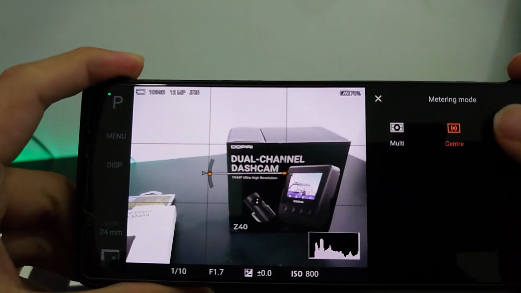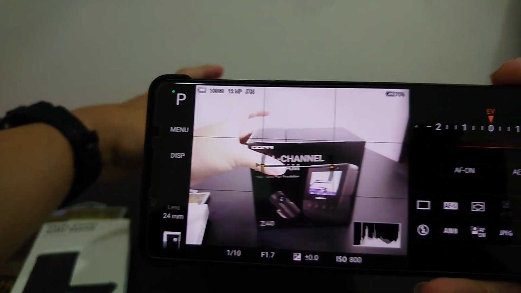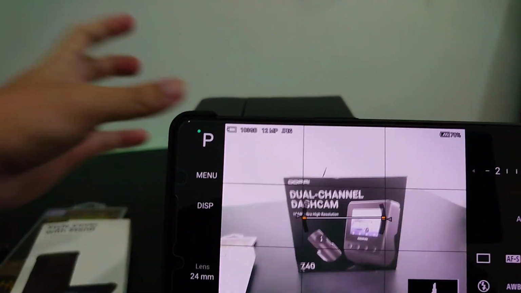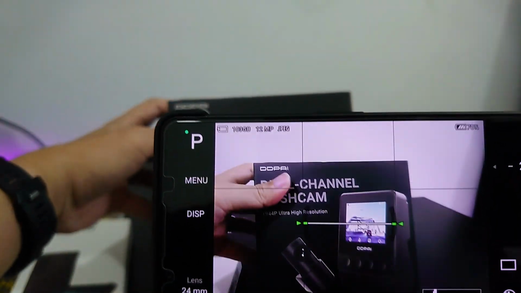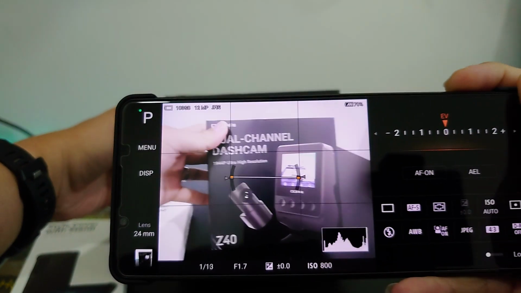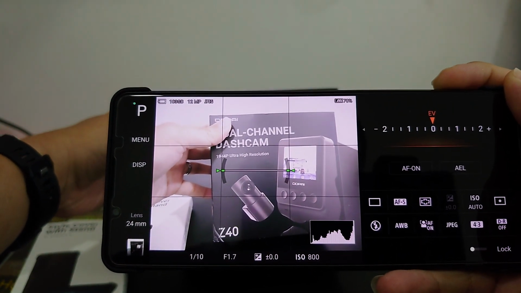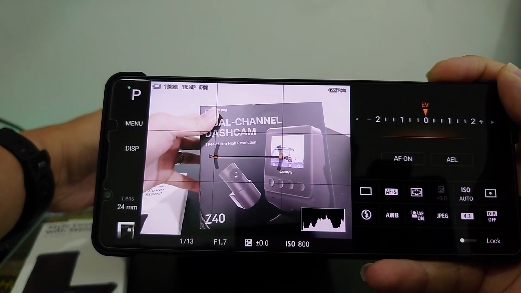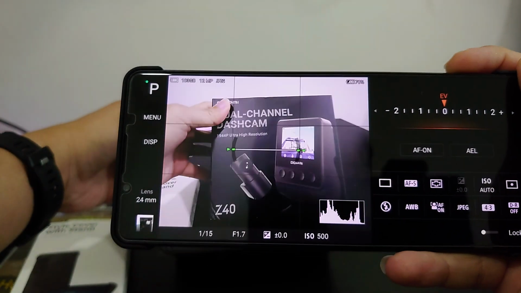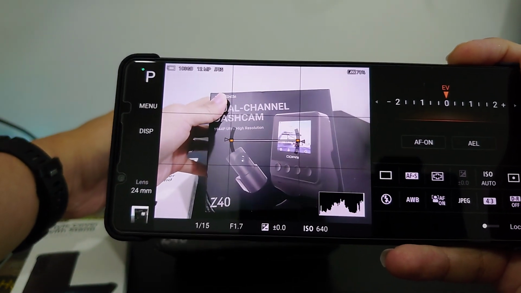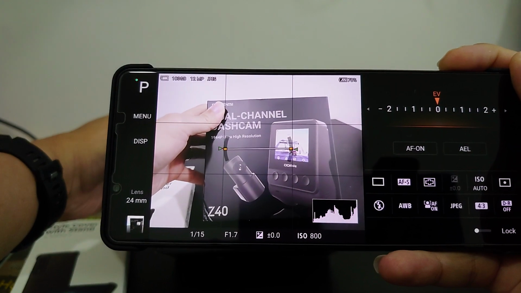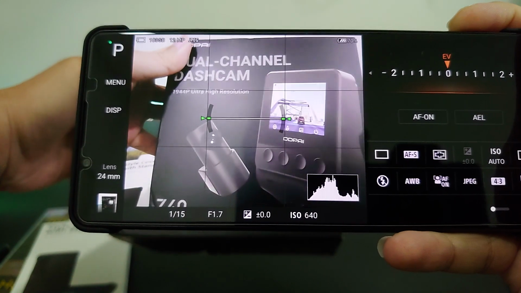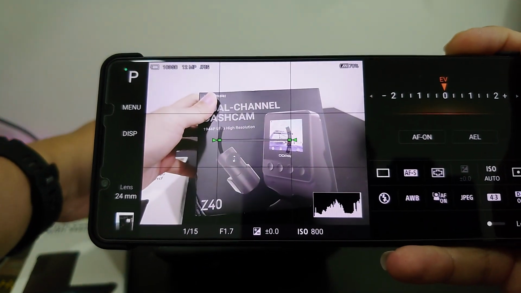Okay, lastly is the spot metering mode, where it's based on the very center spot on the viewfinder. If you can see right now, I'm focusing on the black box, and my viewfinder is brightening without adjusting any exposure, right? So this is usable for professional photographers. They will know how to get the most accurate exposure based on their scenario. Example,